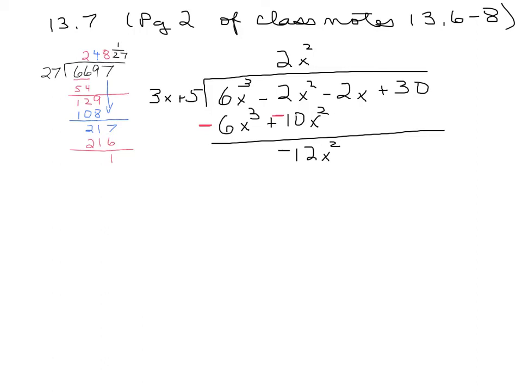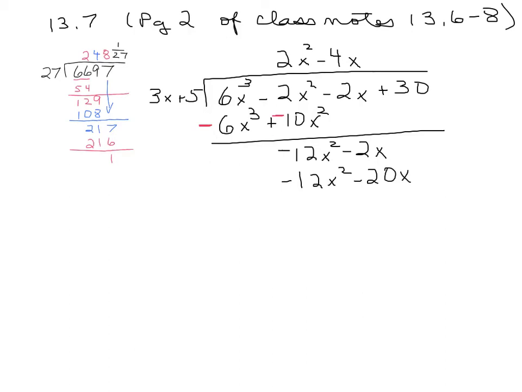Okay, now we're going to bring down our next term, which is negative 2x, and we do the same process again. How many times does 3x go into negative 12x squared? Pause the video and figure that out, and then come back and check your work. The answer is negative 4x, because negative 4x times 3x gives us negative 12x squared, and negative 4x times 5 gives us negative